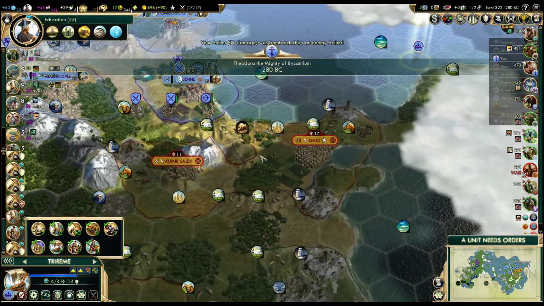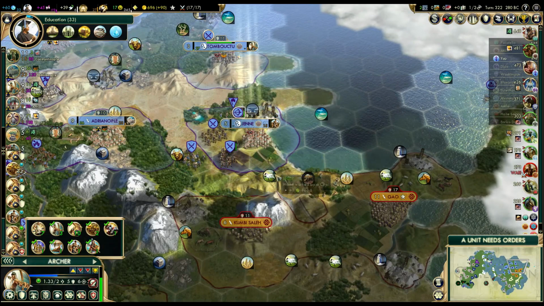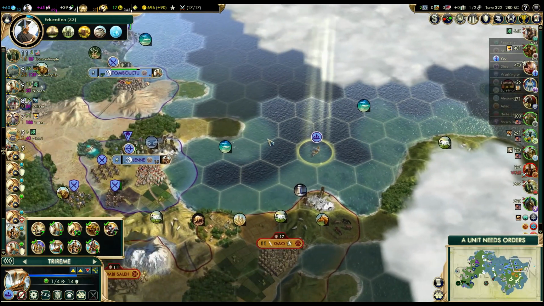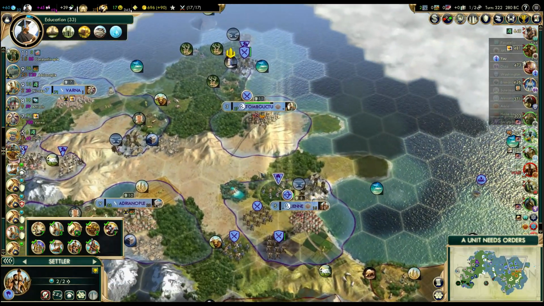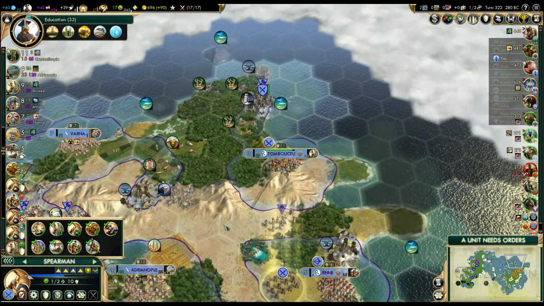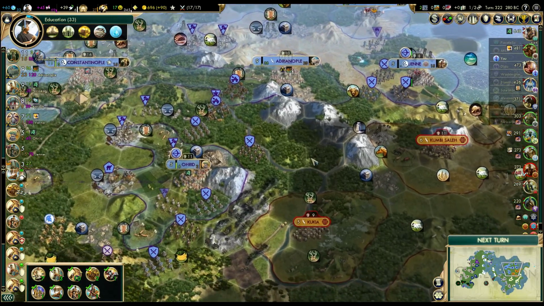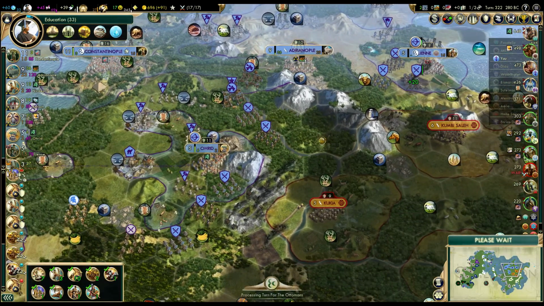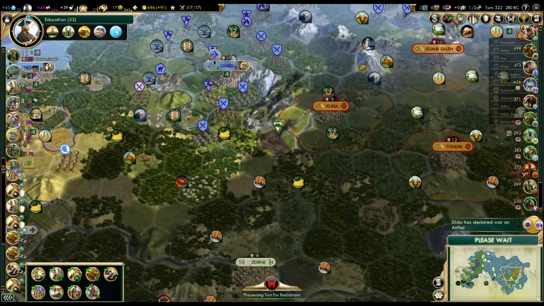There has to be an archer here. Okay, whatever. We'll just hide in the city. Wait here. Where is the spearman? Come on, move faster. This will be a tough battle. If we can take the city...